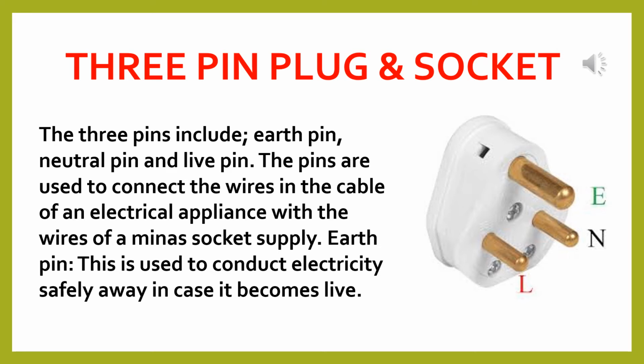An electric appliance is provided with a cord, the other end of which is connected to a 3-pin plug top. With the help of this, the appliance is connected to the electric supply. The plug top is inserted in a 3-hole socket. The inner walls of these holes are made of metal. The bigger hole, E, on the upper side of the socket is for the earth connection, E for earth, while the hole on the right side is for connection to the live wire and the hole on the left side is for connection to the neutral wire of the electric supply.